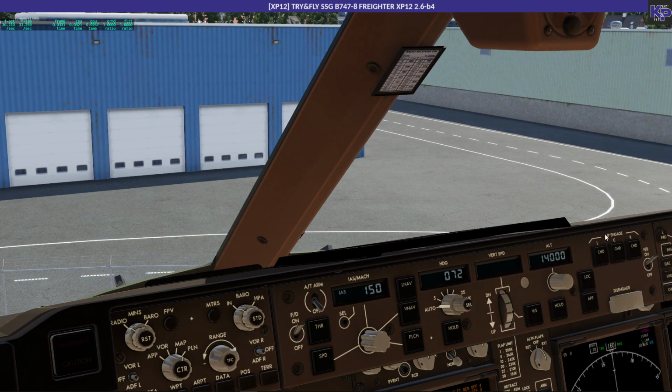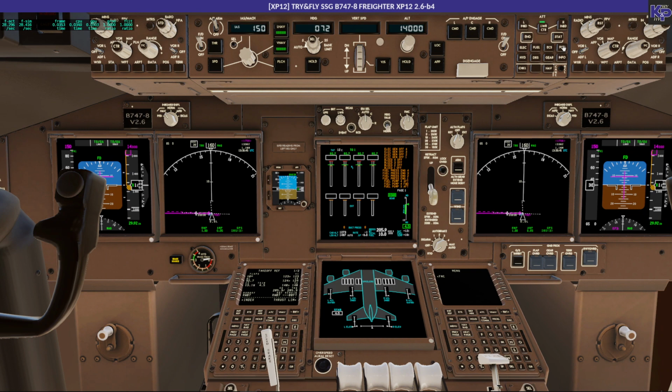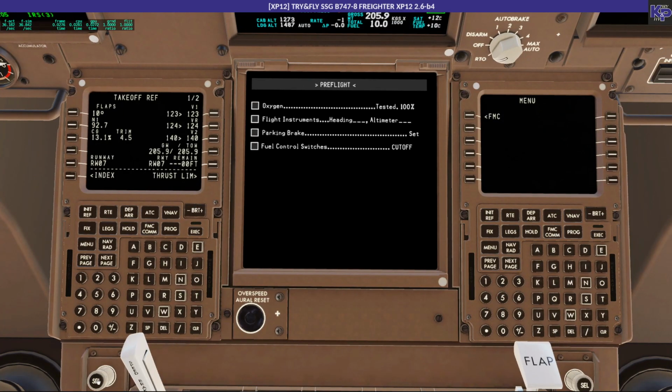Again, this is the kind of drag, not click type. Auto arm, LNAV, VNAV, they come on green. That's fine. We shall see what the autopilot does. And here are the synopsis: electric, fuel working, ECS working, yep, hydraulics, yep. Doors page, gear, info page, there's nothing there. There's also a checklist that you can use, where you need to use this little knob here to go through. Pre-flight checklist,